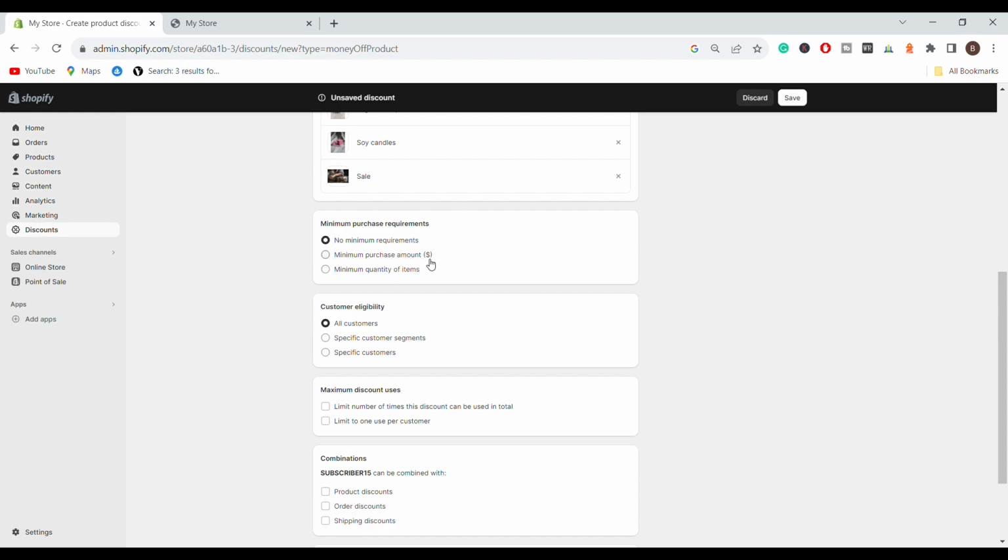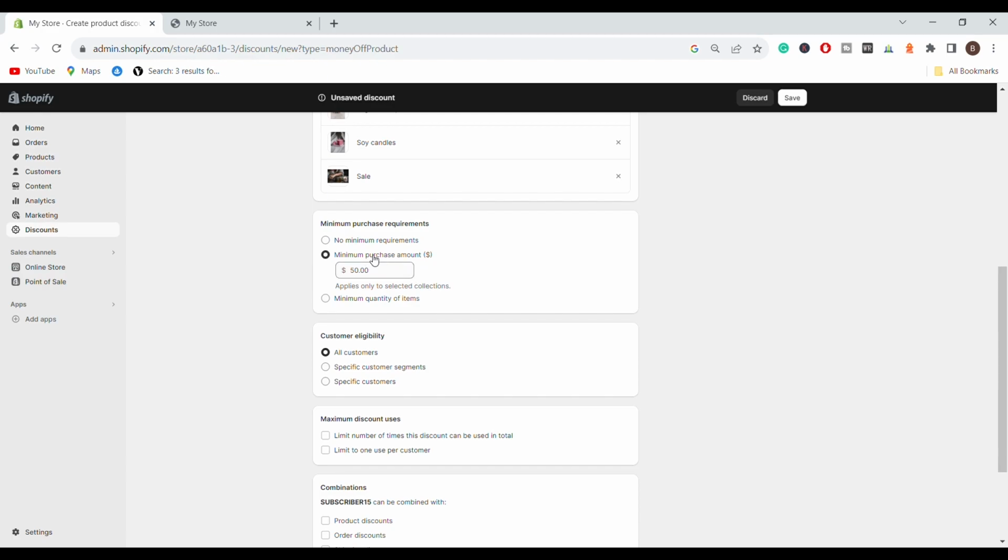So for example, if someone wants to spend $45, they can still use the coupon code and you make a sale, compared to when you set it to 50 and someone says, oh, for $5, I'm not going to make